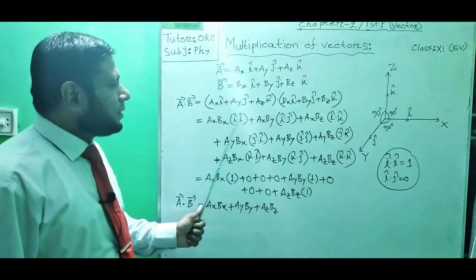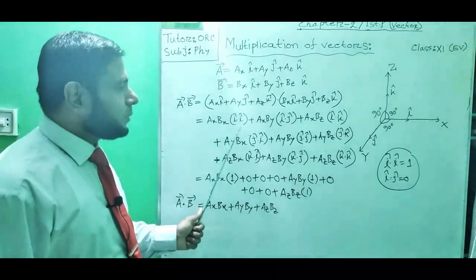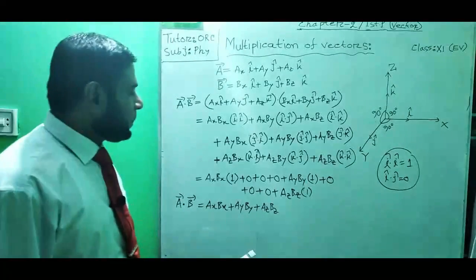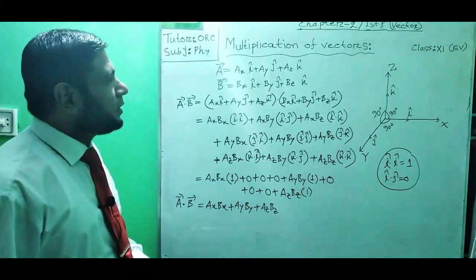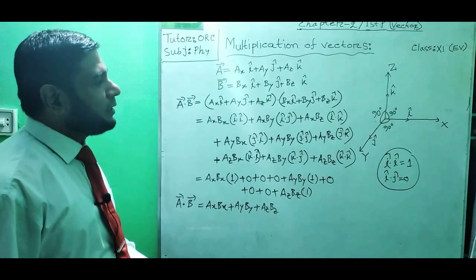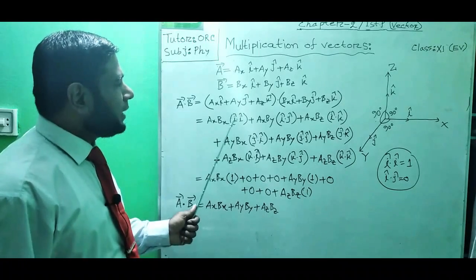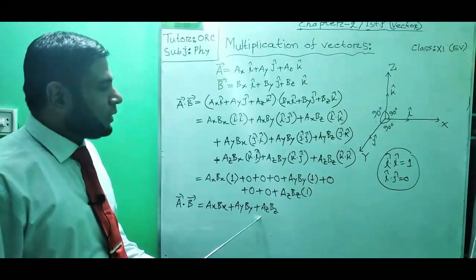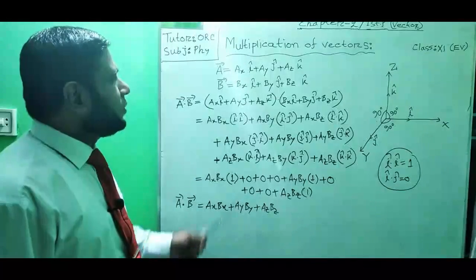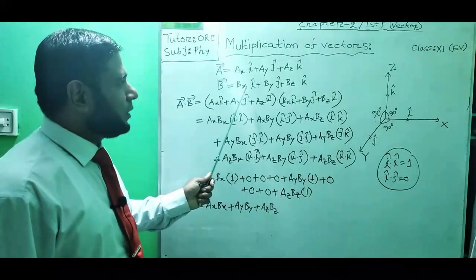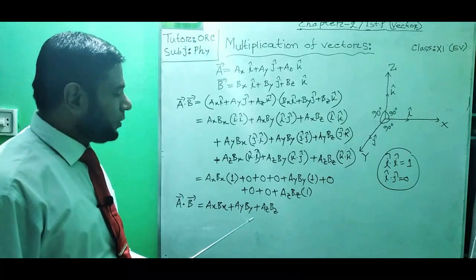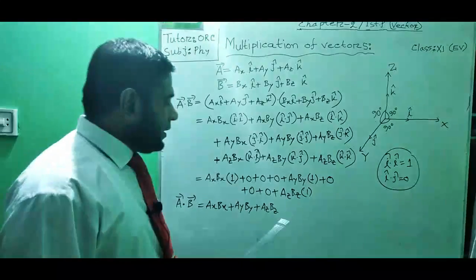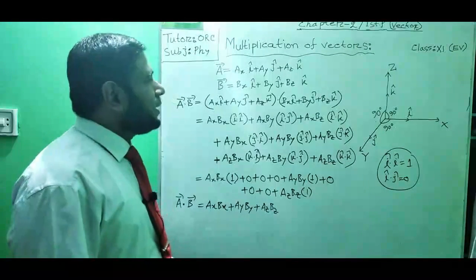But in the end, the particular value in some cases becomes 1 and in other cases becomes 0. So in short, although we have applied the angle between all the vectors, finally there is no angle here. So if we face two three-dimensional vectors and we have to multiply them, we need not submit the angle finally. We will directly apply this information to find the value.